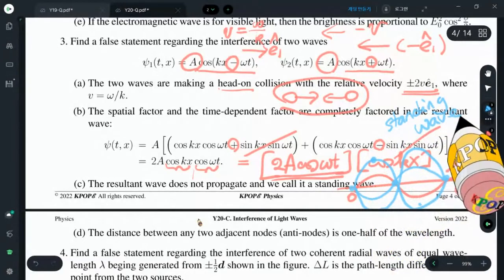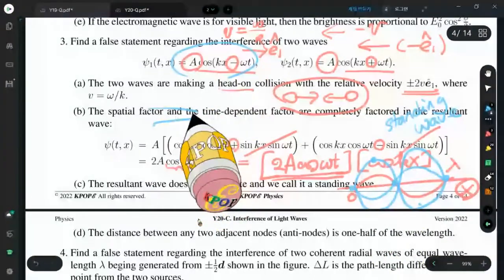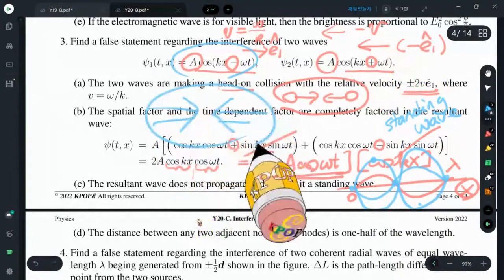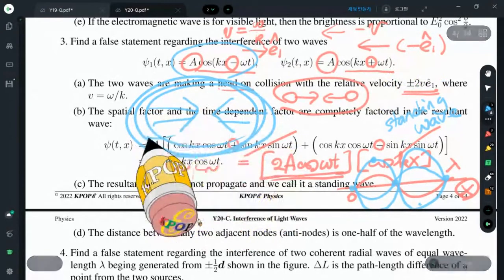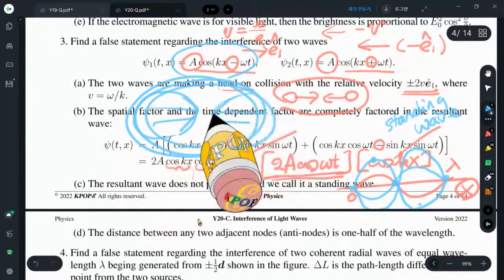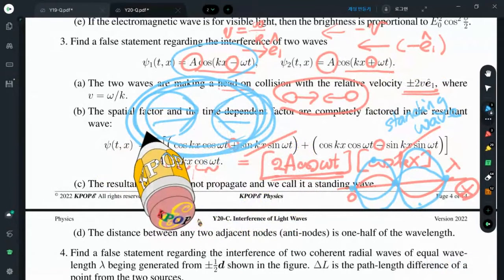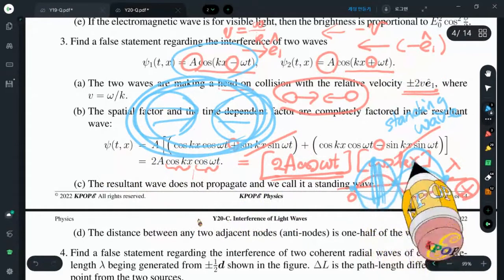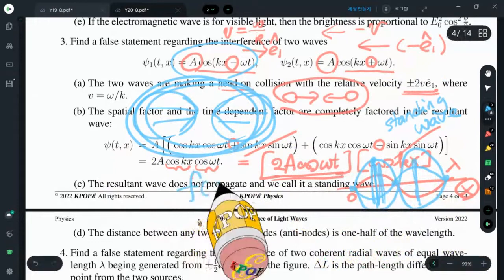It doesn't propagate. Propagation from the left to the right, propagation from the right to the left, because of the head-on collision, the flux to the right, the flux to the left, they cancel. Instead, they are fluctuating at the same place. Because this function is not